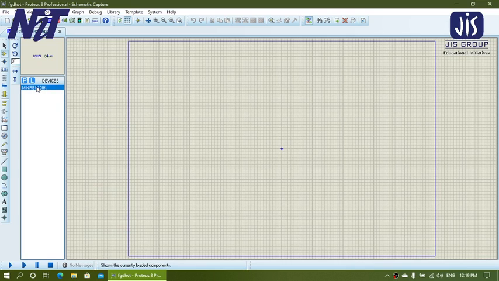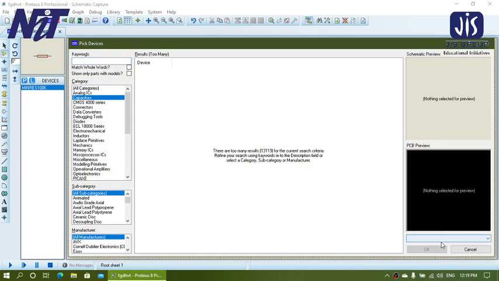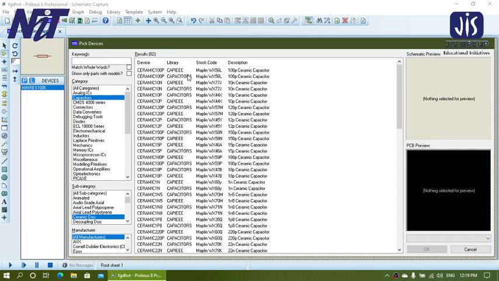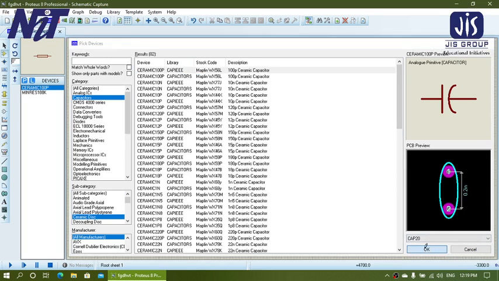this component is already added over here, and where you click, the resistor is added. So accordingly, from this P you will find so many. Suppose you want to take a capacitor, then click, and then select ceramic disc, select the value of this capacitor, and it will get over here. Click here.